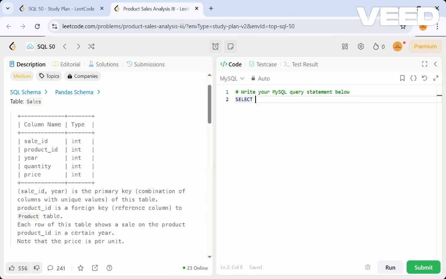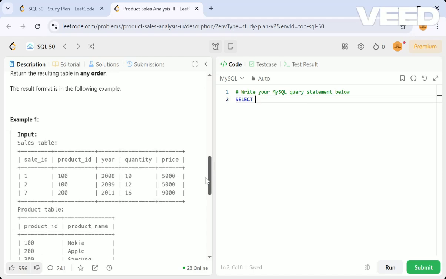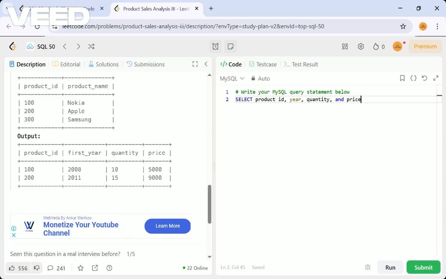So what we have to select are the things they have given. They're asking us for product ID, year, quantity and price. These things they want. So let's see, the product ID, but the year they want is the first year, so we alias that year, and quantity and price are the same.